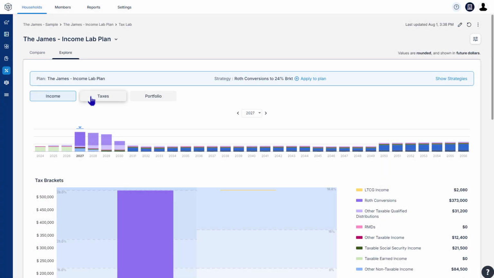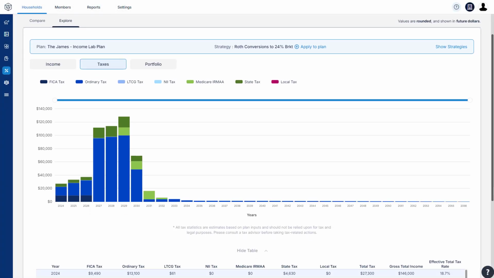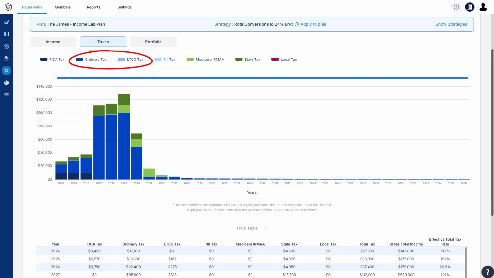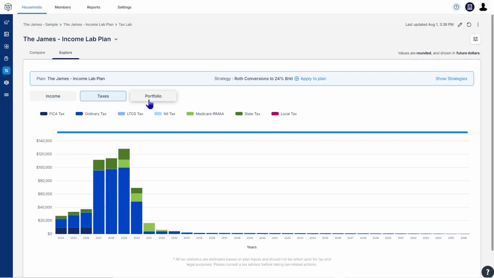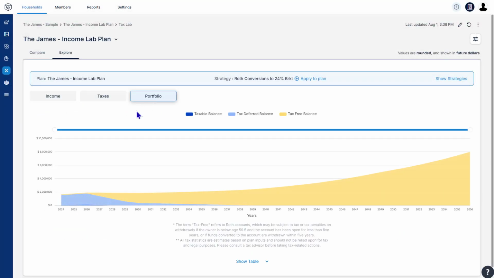The Taxes section contains estimates for a range of tax types, including federal, state, local income tax, FICA, net investment income tax, and even Medicare IRMAA. In addition, the Portfolio section is a great way to show the makeup of how a client's portfolio could change when following a specific strategy. For example, when exploring a Roth conversion strategy, it's easy to see how funds shift from tax-deferred to Roth accounts